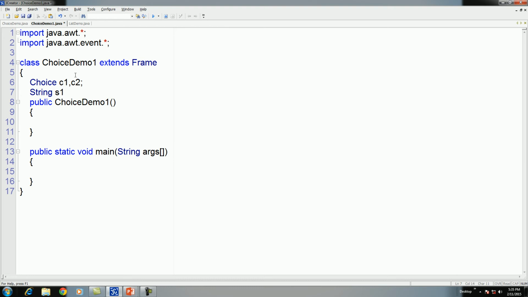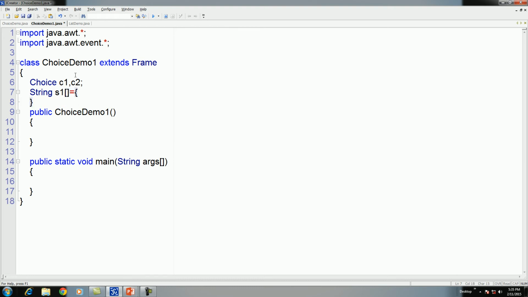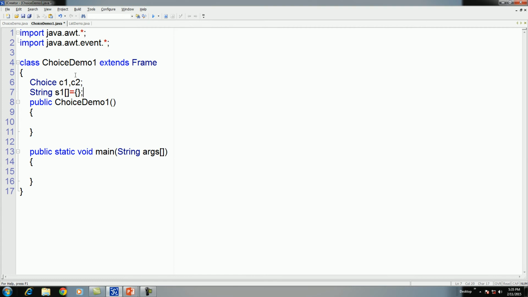The first array is S1, and it will store, suppose, the strings here. We want to display tea. After that there is coffee and cold drink.